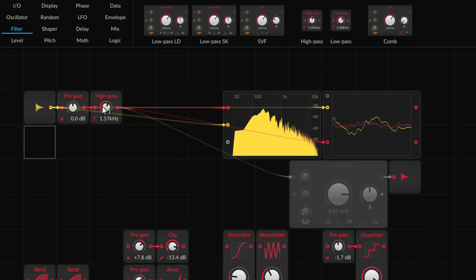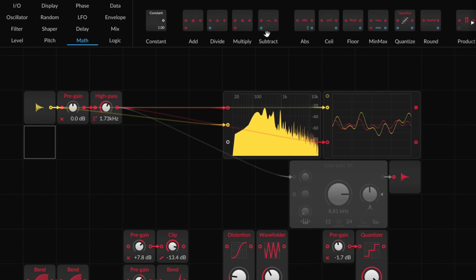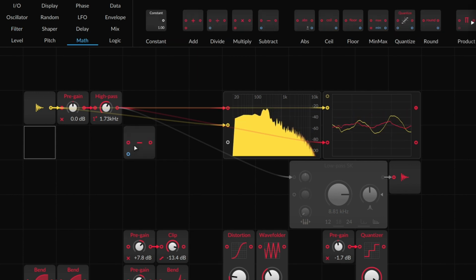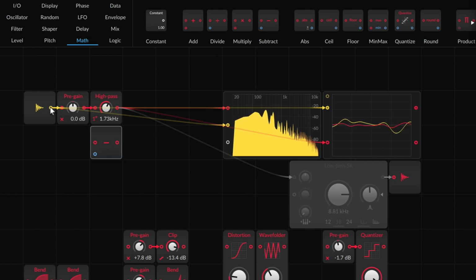Keep them at 1 pole. Keeps our math a little bit cleaner. So now we are only hearing the higher frequencies of the output. And if we wanted to be fun and keep everything tied to this cutoff for our crossover, we could do a little bit of math and say, I would like to subtract the original full bandwidth signal, take that signal and remove the high pass portion of it.